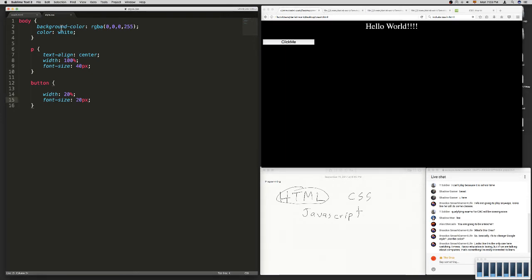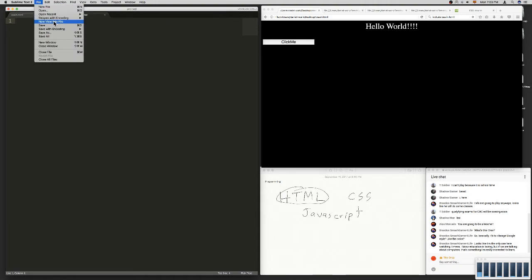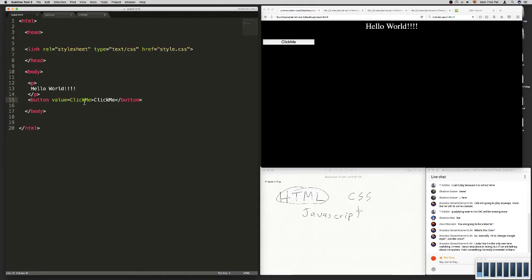Cool. Now, let's create the third and last file, which is for JavaScript. And we're gonna include it on our HTML page as well. So JavaScript is where we actually create a function of things. So that means we're gonna create a listener, which is something that we tell the browser to tell us when somebody clicks on the button, and we tell the browser what to do when people click on that button. So in order to do that, we have to create a unique ID for this button,